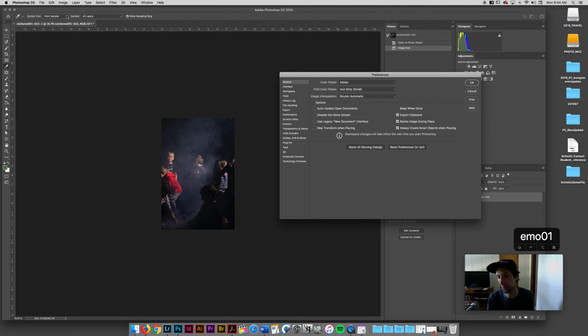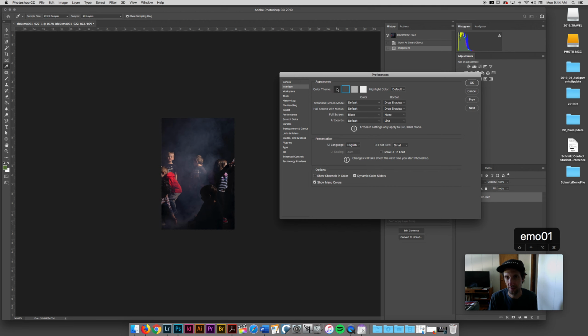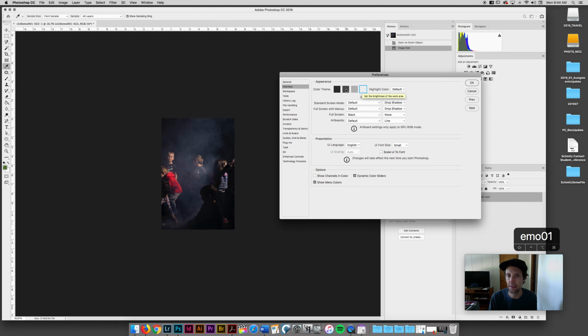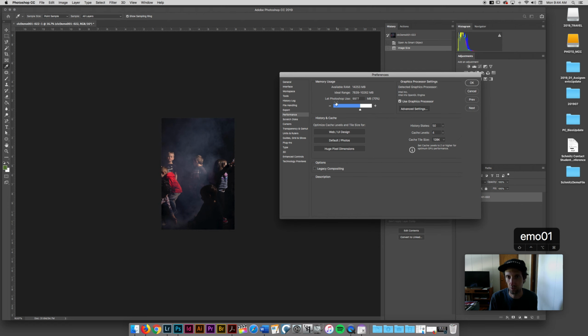Now you can comb through all of these preferences and change things, but I just want to make sure that we set a few performance settings. I can go down here to the interface and you can see I can choose different colors. I can make Photoshop look like it's from 1998. I like this medium to dark gray. I also want to go down to Performance, and this will allow me to allocate more or less RAM or memory. And this will also let me know that I have a graphics processor that I can use for Photoshop